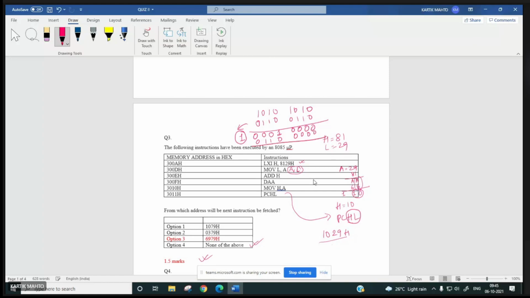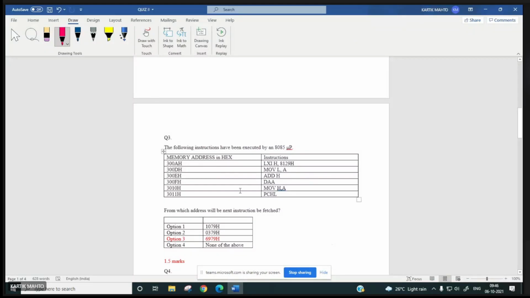Right. Then this is 1. This is how much? 1. This will be 1. This will be 1. So it will be 7, 0. Anyway, this question is wrong, and I calculated everything wrong probably while making this problem. So everybody will get 1.5 marks, not a problem. So question number 3 is wrong.